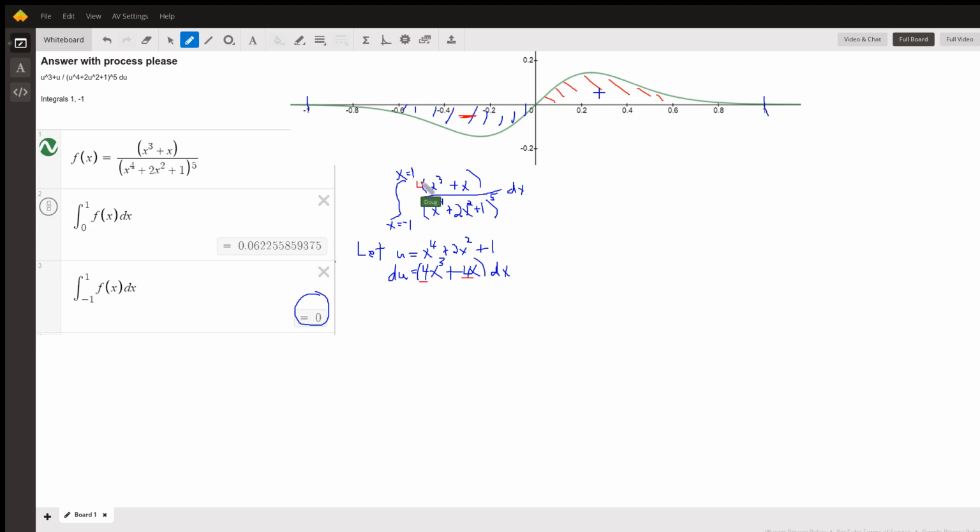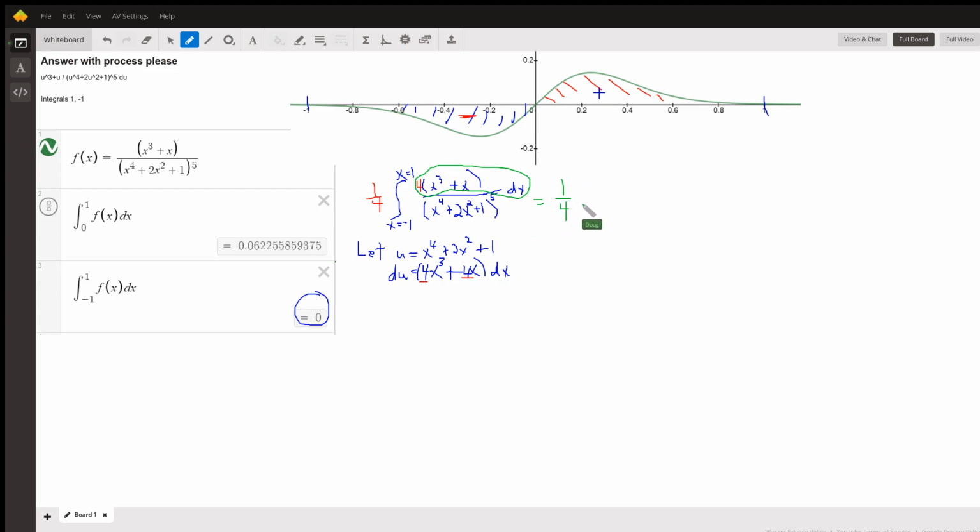And I like to just put it right here. If I put a 4 there, I have to put a 1/4 out front. And now the idea is that this whole expression right here, that's really du. So I'm ready to do u substitution. 1/4